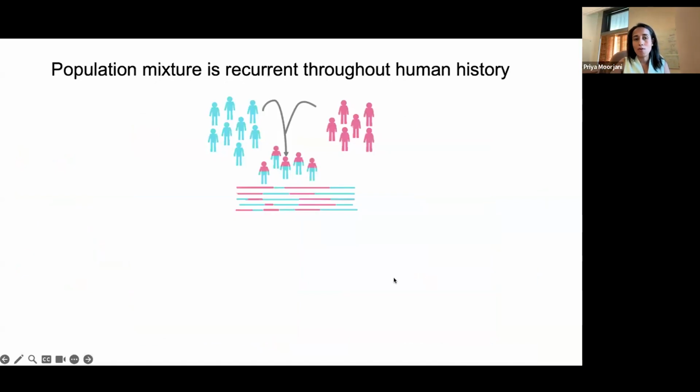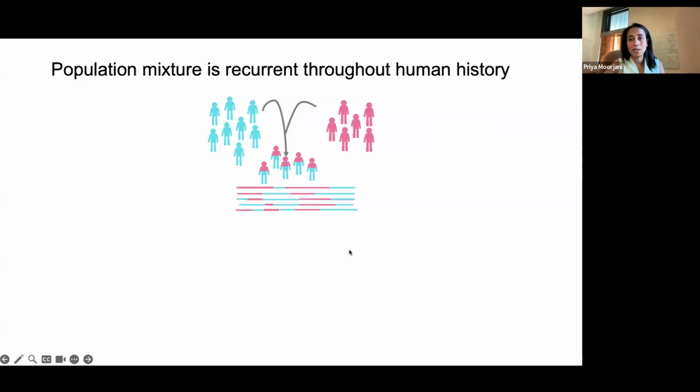And from studies of present-day data, we know that population mixture is recurrent throughout human history. Now, this term population mixture, admixture, or introgression is something that I'll use interchangeably. And what I mean by that is that populations that were previously separated from each other, often we find in history mix with each other. And these processes are very